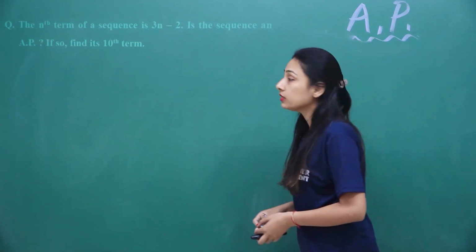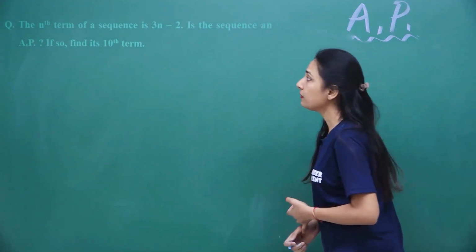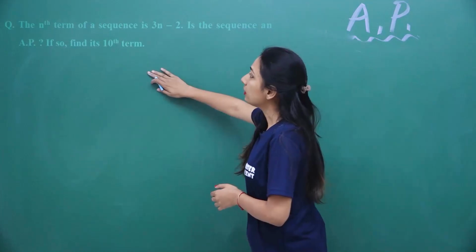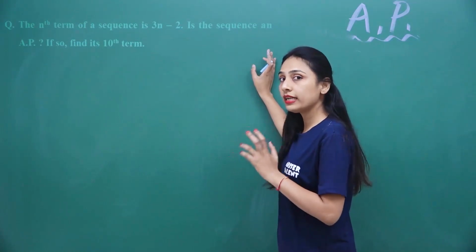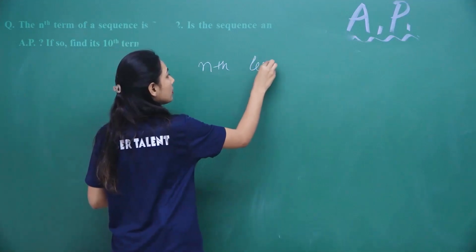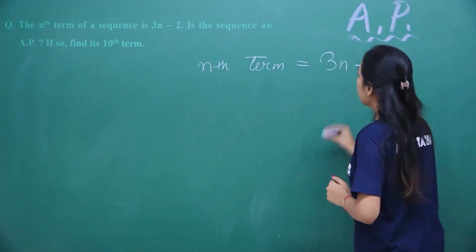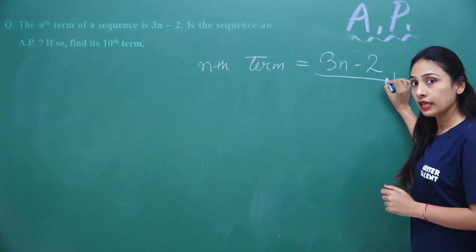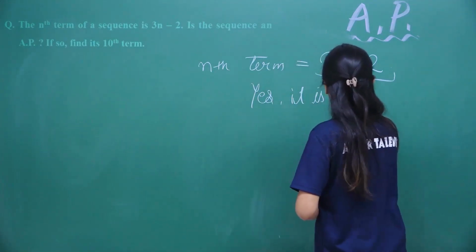The nth term of a sequence is 3n minus 2. Is the sequence an AP? If so, find its 10th term. What we have to find is the 10th term, if the nth term of a sequence is 3n minus 2. So the nth term is given. Is it an AP? This is linear. If this is linear, that means this is an AP. So yes, it is an AP